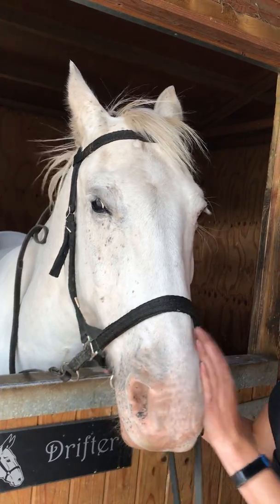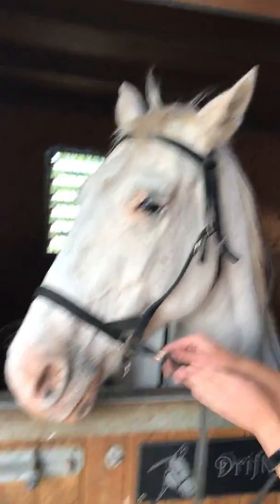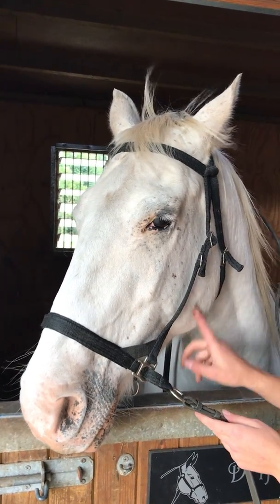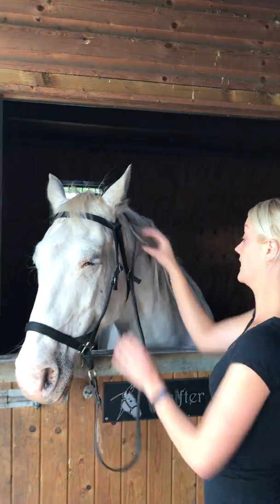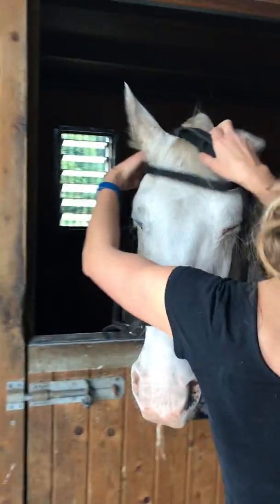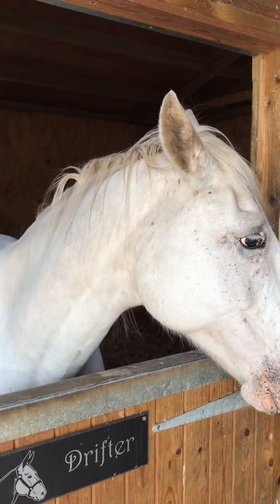But it's a good bridle, and I think this is similar to the Light Rider design, which I looked into getting at one time when he was going really well in this. But I think having a good range really helps as well. And then finally, that's the other type of bridle, then finally, I'll quickly show you what you can do if you have a bridle with a crank noseband